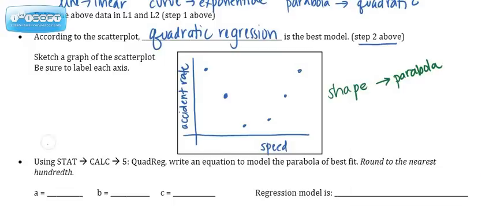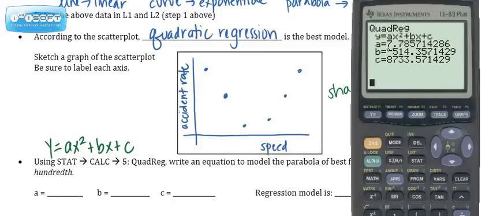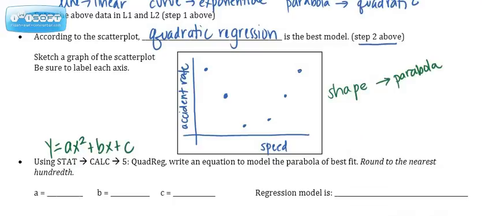Now again, you see the general equation y equals ax squared plus bx plus c. Okay? And then we're going to copy down a, b, and c coefficients. Please keep in mind you're always going to round to the nearest hundredth. So 7.79, negative 514.36, 8,733.57. And then we're going to plug them into our regression model. So y equals